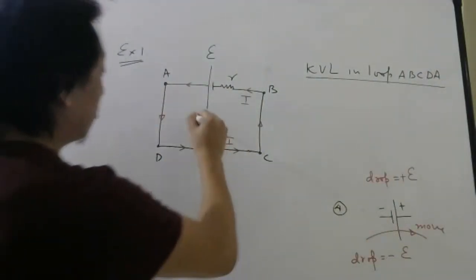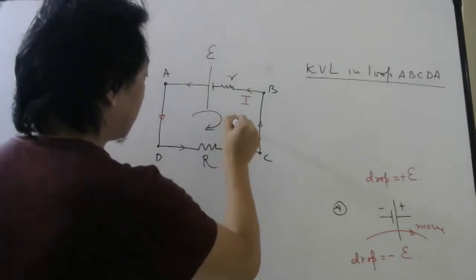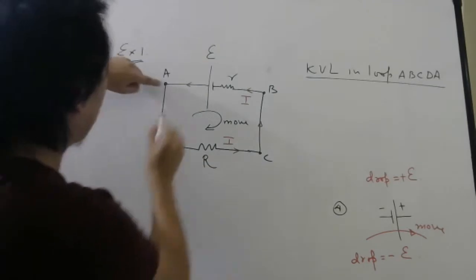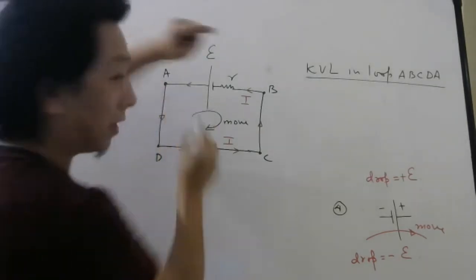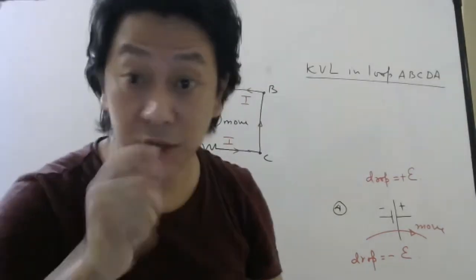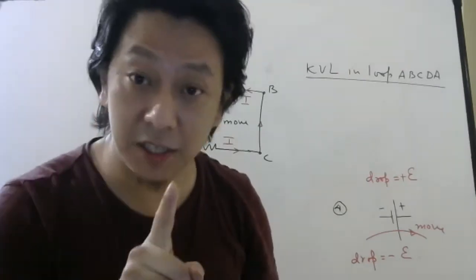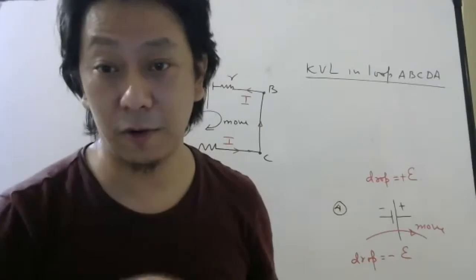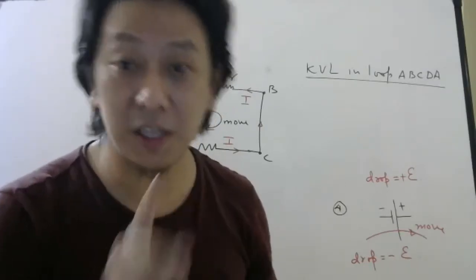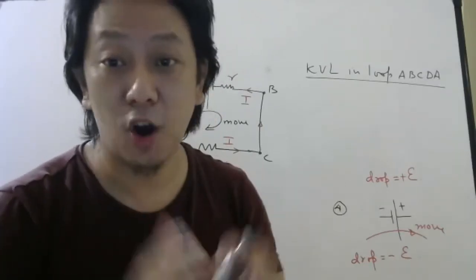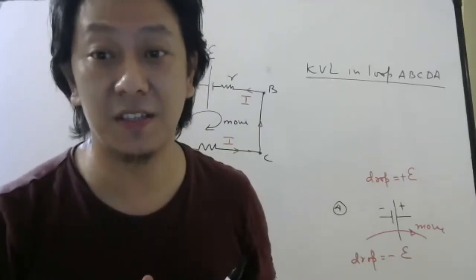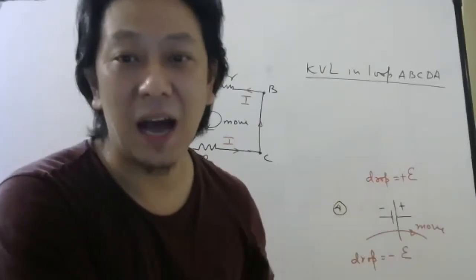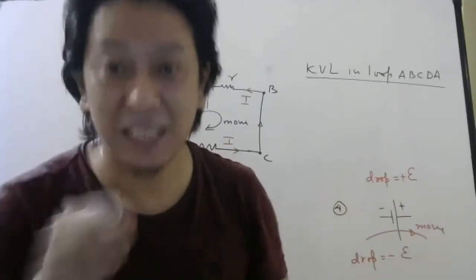Okay. And let me move this way. So that is my motion. We'll start from this point. And what you have to do, you have to add all the potential differences for resistors and for batteries. And the total should be equal to 0 according to Kirchhoff's voltage law. The algebraic sum of all the potential differences should be 0 basically. But for resistors, they write I into R. For batteries, they write E, EMF.